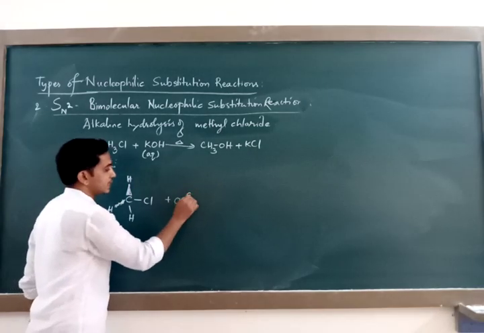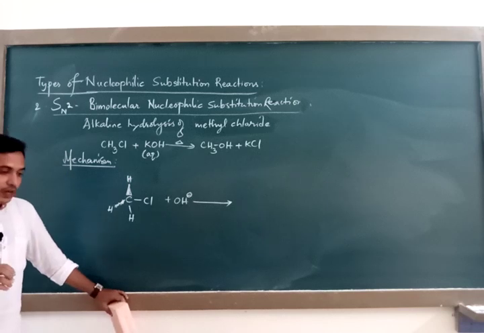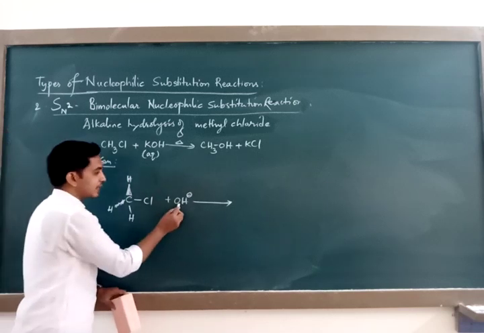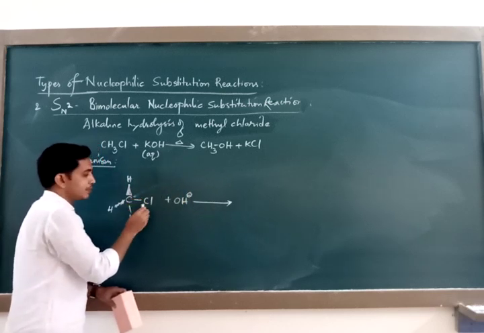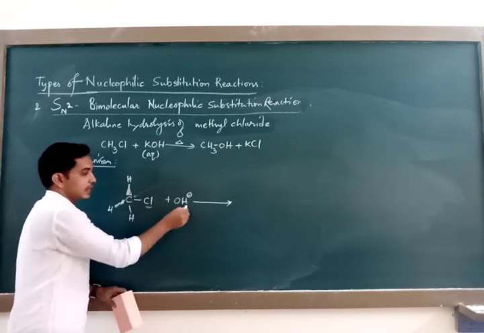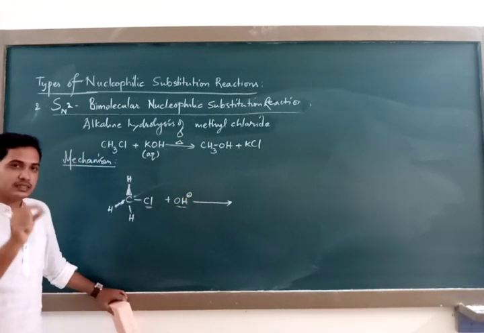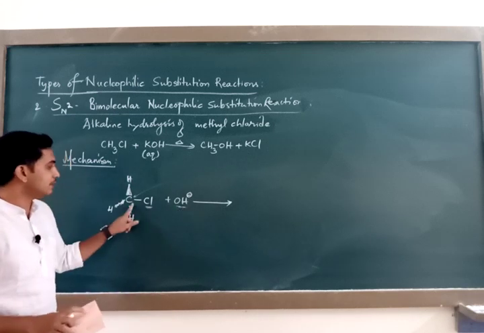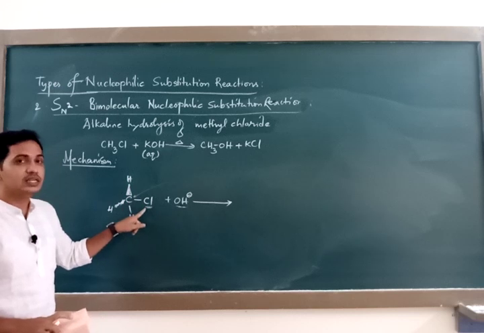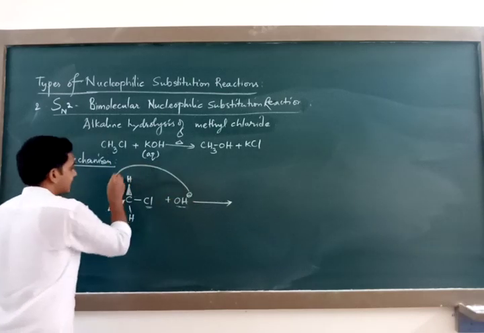So this OH minus should attack methyl chloride. Now this OH minus, if it wants to attack carbon at this place, it cannot do so, because there is already chlorine whose nucleophile nature and OH minus nucleophile nature are almost the same. So when an existing nucleophile is already present, then OH minus cannot attack carbon from a place where this chlorine is present. So what should it do? It attacks carbon from the backside.